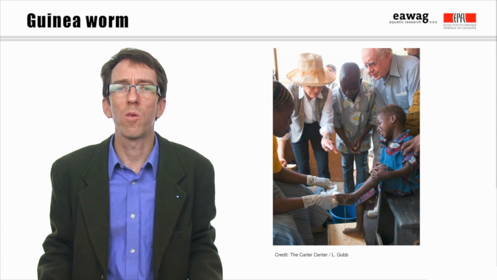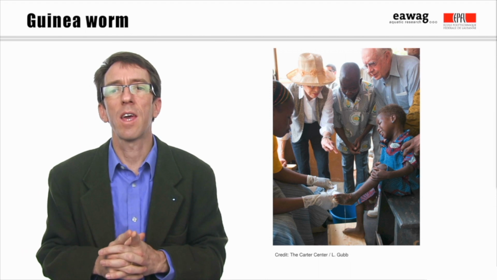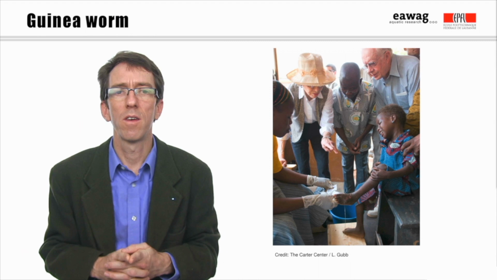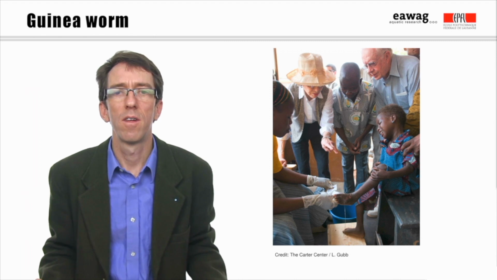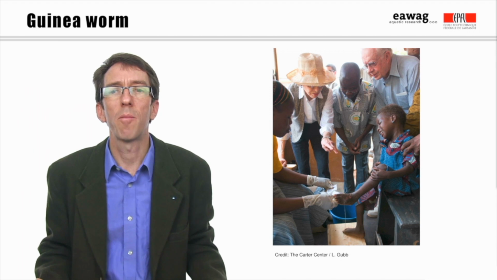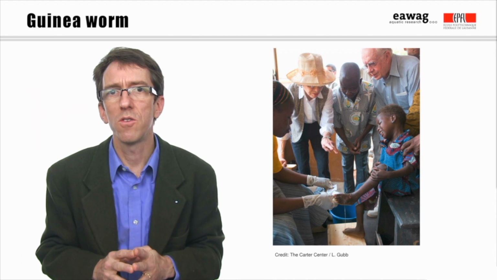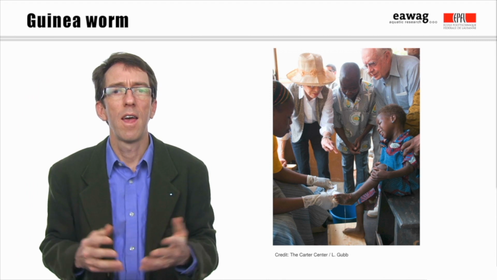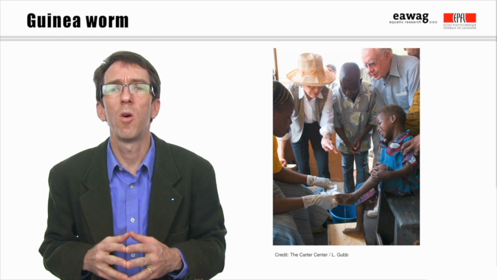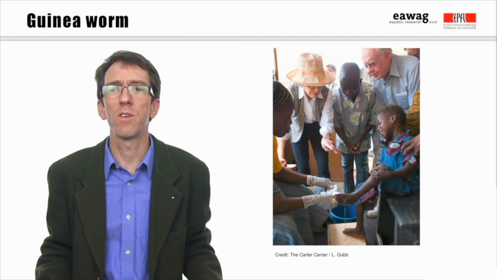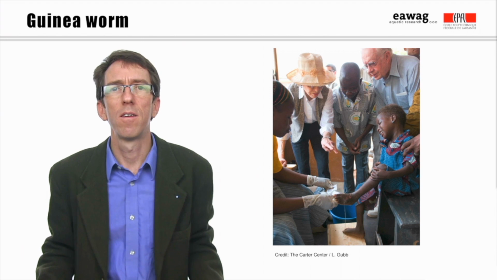Major progress has been made towards eliminating guinea worm. Since 1986, a global eradication campaign has been led by the Carter Center in close collaboration with WHO, the CDC, and UNICEF. The number of reported cases has dropped from 3.5 million in 1986 to just 542 in 2012. As of 2012, it is found only in a few hundred villages in remote rural areas, mostly in South Sudan, with a handful of cases in Ethiopia, Mali, and Chad.